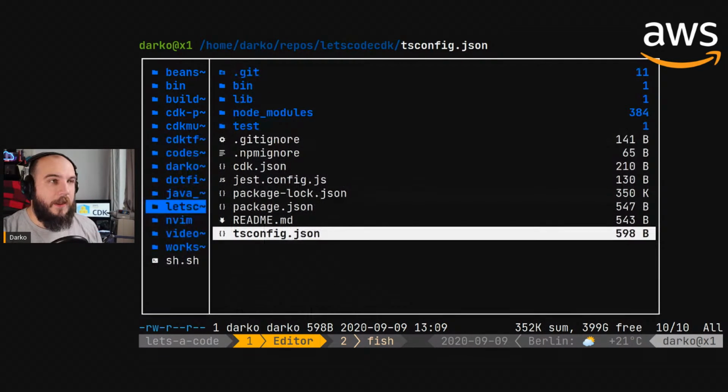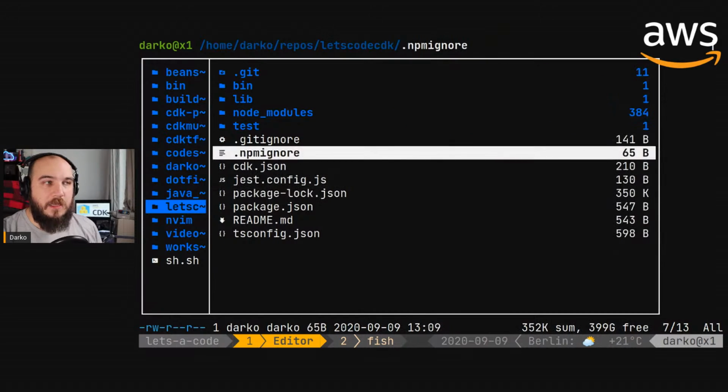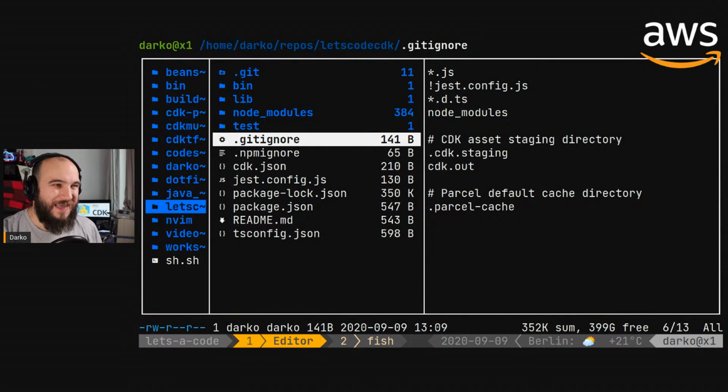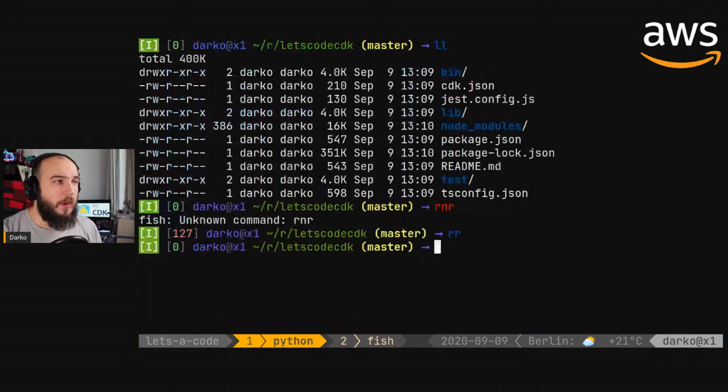No. Make sure to ignore the node modules. And when it comes to hidden files, I have nothing but the npm ignore and git ignore files. So nothing hidden here. Okay, the main two files we're going to be working on today is the file in the bin directory,